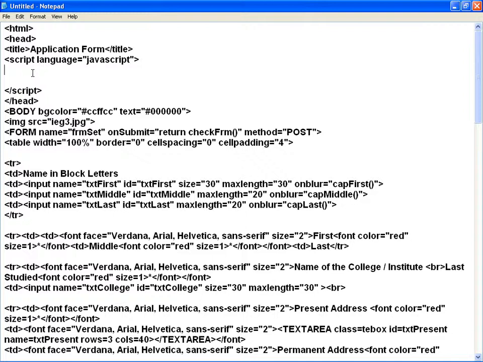First of all, we will validate the text that has been entered into the name field. That is, the text entered into the text box should be converted to uppercase, whether it is lower or upper as the user enters. For that, we shall write a function